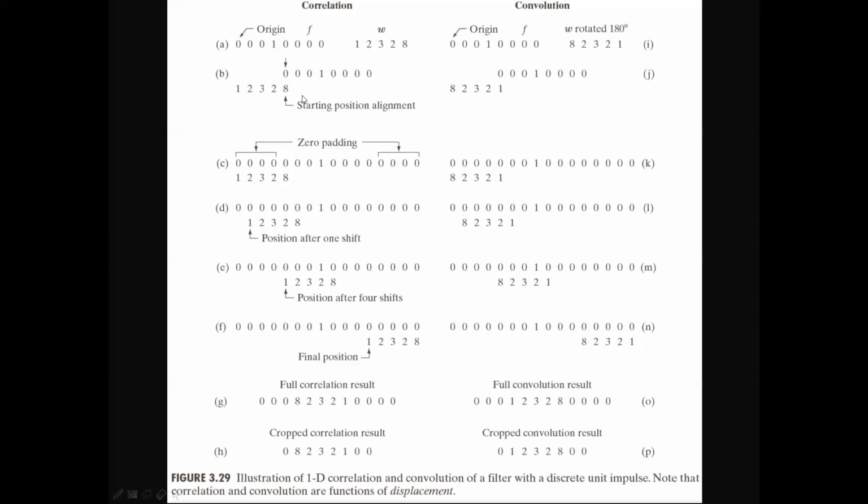Here we are placing the positions. How we are placing the position: the first pixel of the image should coincide with the last coefficient of the mask or filter, so that as we move this filter from one location to another, it will cover the entire image. So this is the starting position, and this is the original image. The first pixel coincides with the last coefficient of the filter, that is 8. Now we need to move forward.